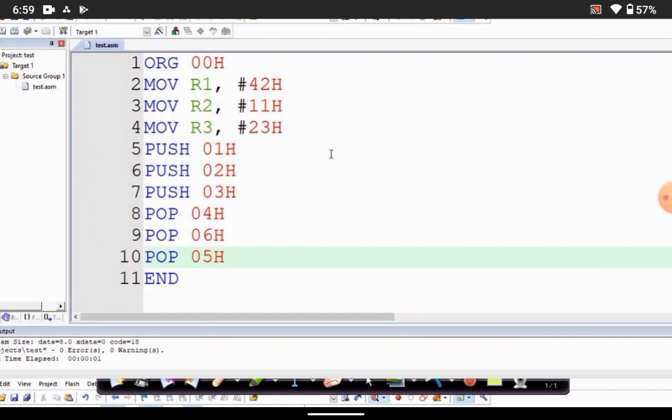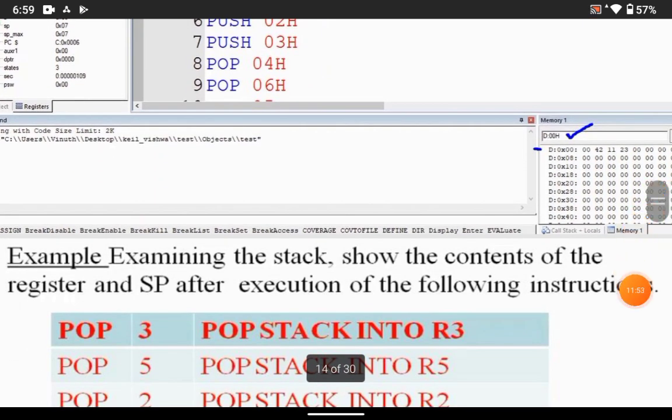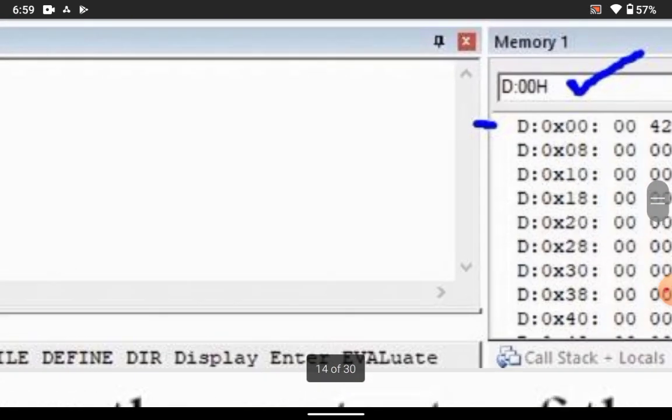Now if I use a push, one more thing. So this is a memory location. If I use 00 in the beginning of the program, the program will start from the 00 location. The first line is there, no? This one is the R0 register bank location, and this second line is the R2 location bank. So the address location, as you can see here, the starting address is 00 to 07, next 08.